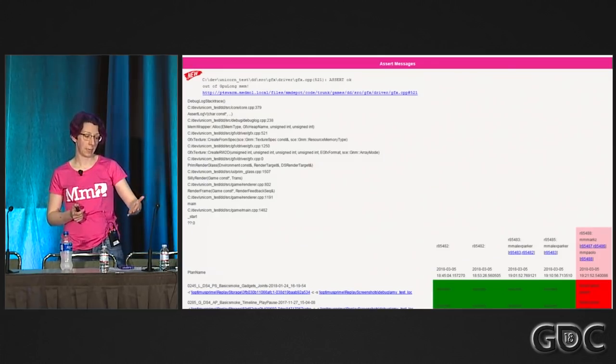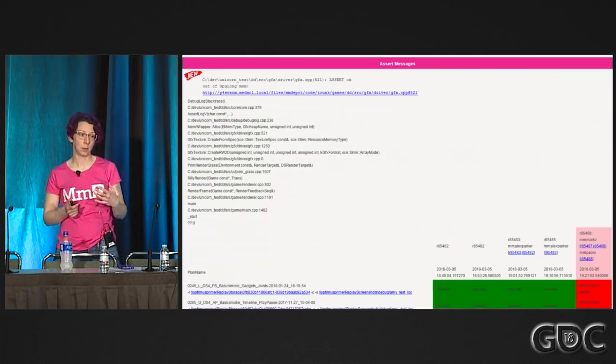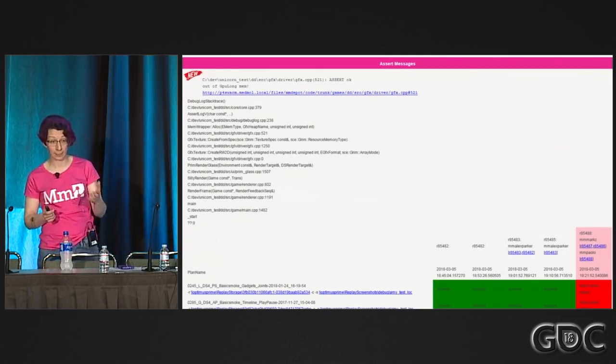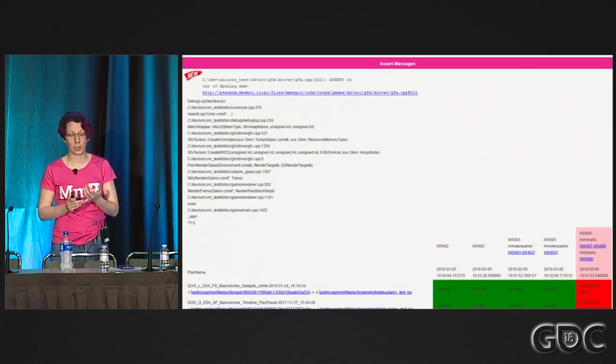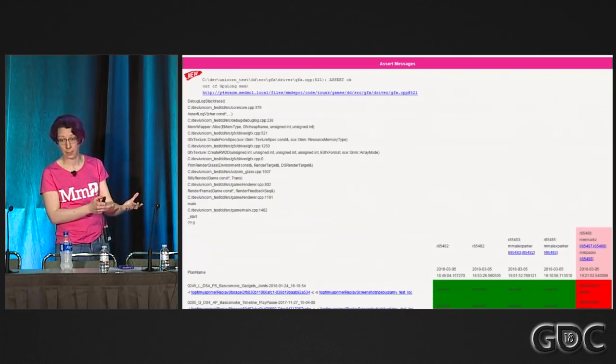So you can see color-coded when it broke, and you can also see a list of the changes that went in to that build, who checked them in, and if you click on the link, it takes you to a swarm page which tells you what files got checked in, and it shows you the diffs of those files. So in this case, it's run out of GPU long memory, and you would have a look through those 3 revisions that got checked in and see who was using more of that memory, and then go and nag them to fix it.